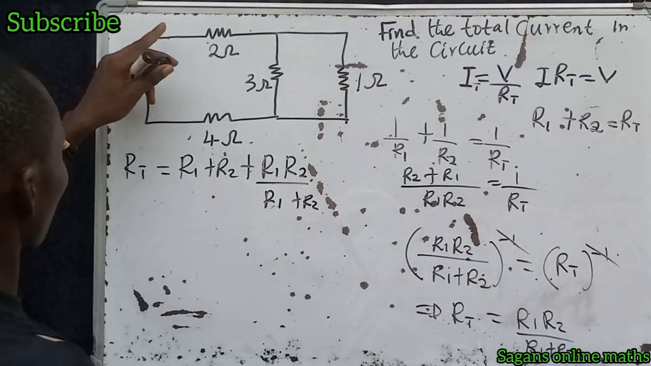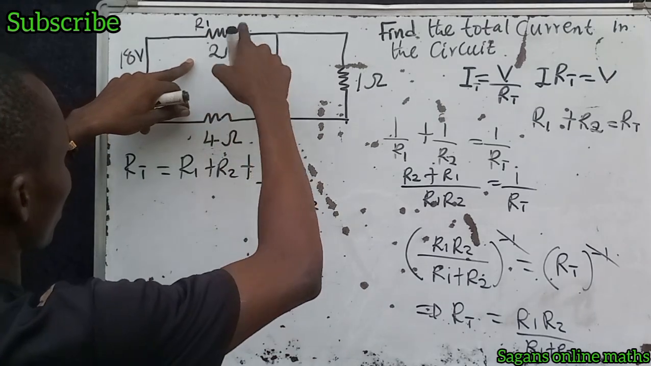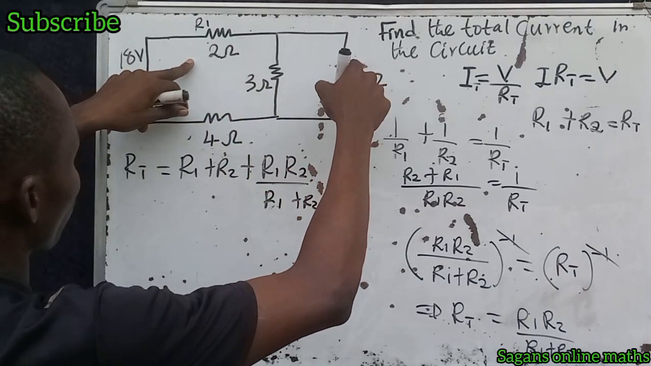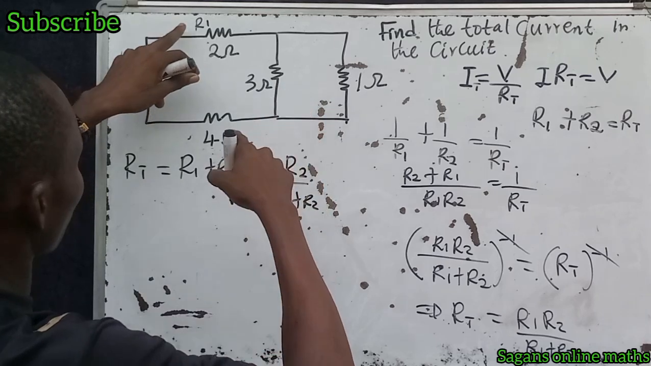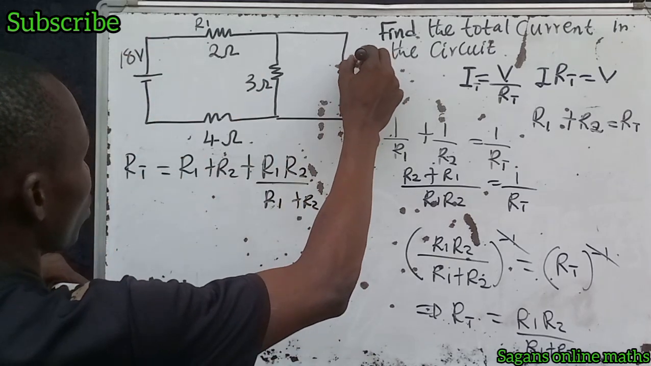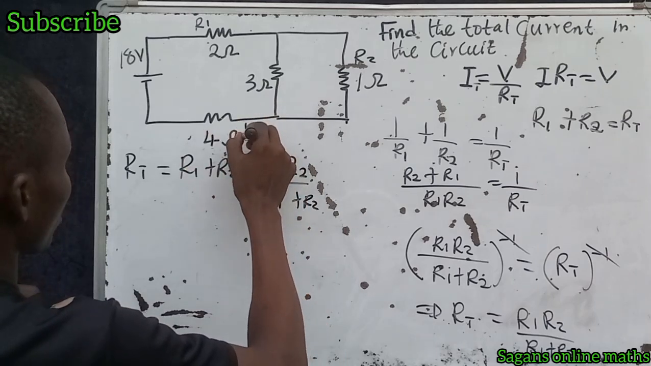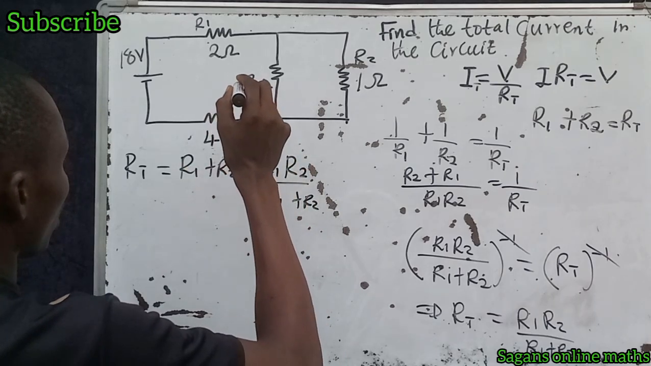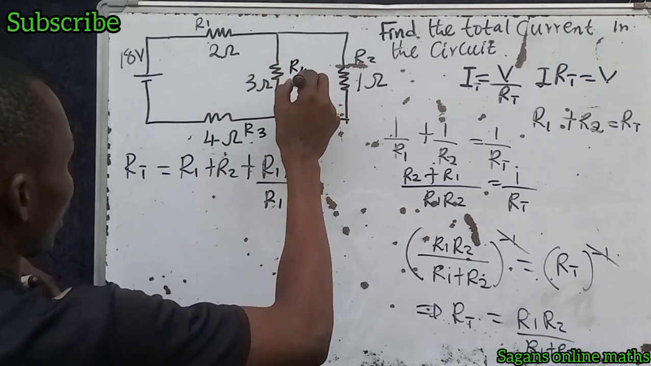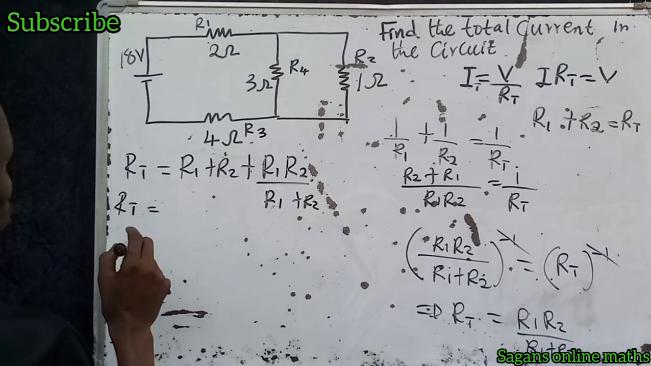Now, you can say this is our R1, right? We can call this one R. This will be our R what? So this will be our R2. And this will be our R3. And this will be our R4. Right? So that means total resistance in this circuit will be equal to